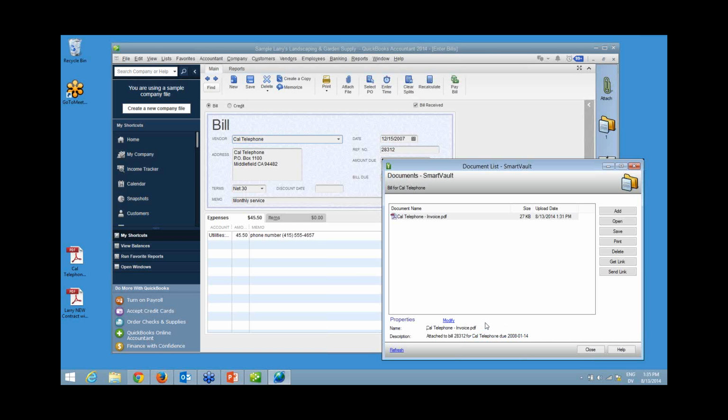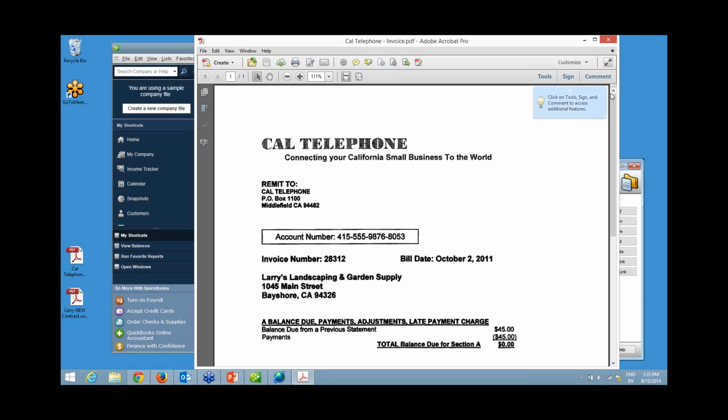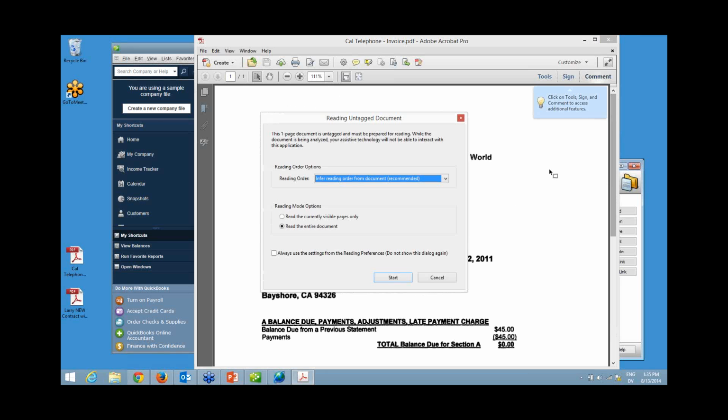So you'll notice I didn't type any of that in. SmartVault got that information out of QuickBooks and is now tagging it with the document that we just uploaded and attached to this bill in SmartVault. So we can right now immediately go to the portal, go to our iPhone, and we could search on Cal Telephone, or we could search on this particular invoice number and pull this document right up. And if we want to view the document from here, we just double-click the document, and we can pull it up, and we can see there is the original bill